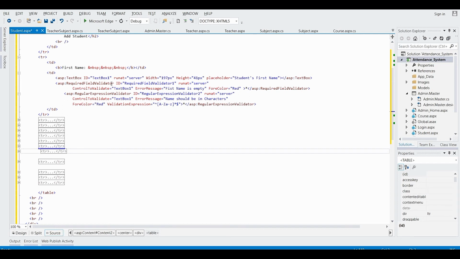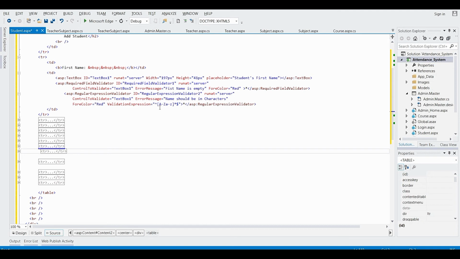The ID of this text box, and error message equals first name is empty, fore color equals red, and the text as asterisk. In the regular expression validator control, I have given the control to validate equals TextBox1. Error message: name should be in characters, fore color equals red, validation expression equals this.